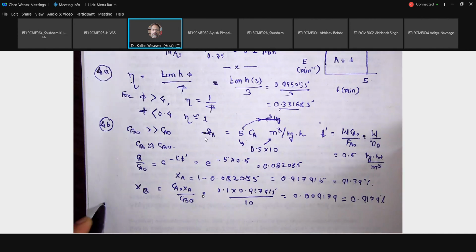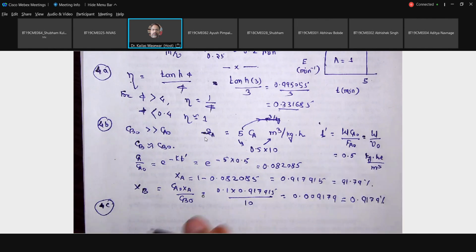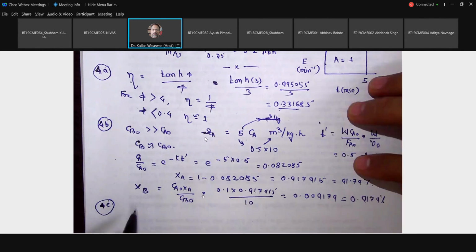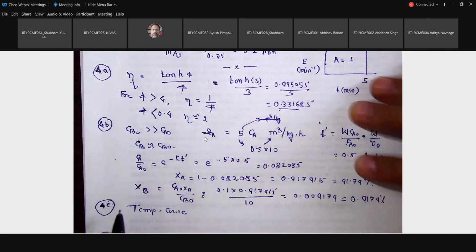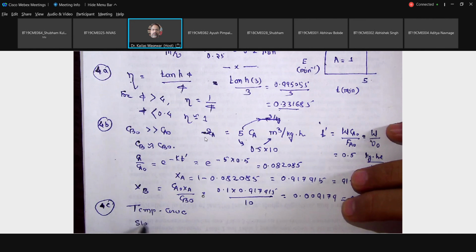Then 4C was there. So you have to talk about the single adiabatic reactor design and the typical steps. It was very simple. It was given in the book also. I told you also that many of you have just written the example. Few of you got the marks, some of you got full marks because they have mentioned it properly. We always start with the optimum temperature progression curve. Then we get the slope. I'm just writing in short. You have to write in detail. Slope is needed. Then the line is drawn.